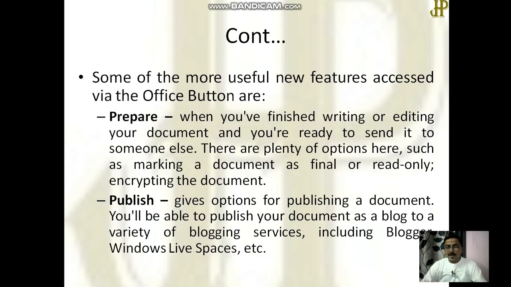Like whether the document you prepared is only for read, or read and write both, whether the document is in encrypted form, password protected, and so on. For these types of functionality, you can go with the Prepare and Publish option.